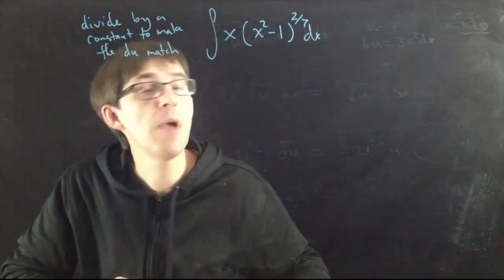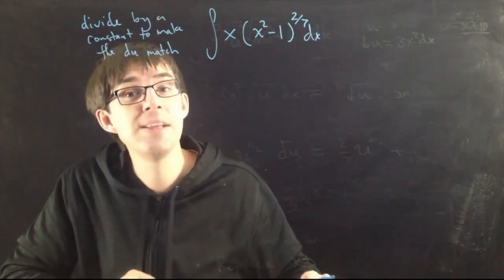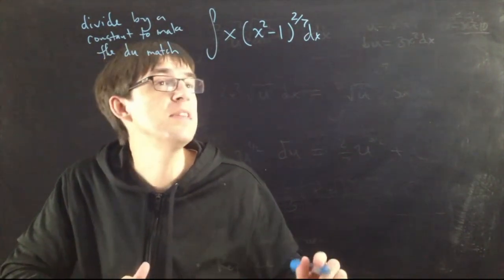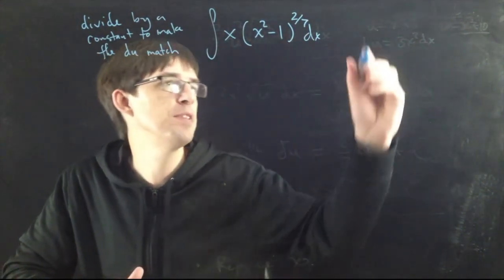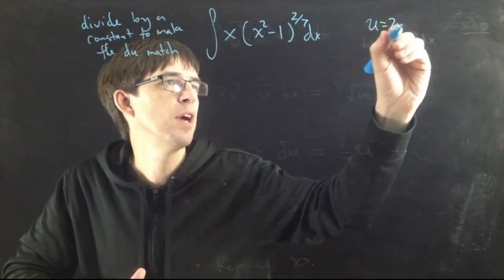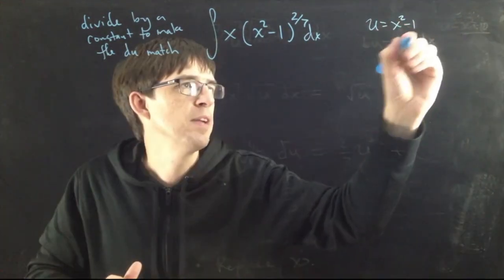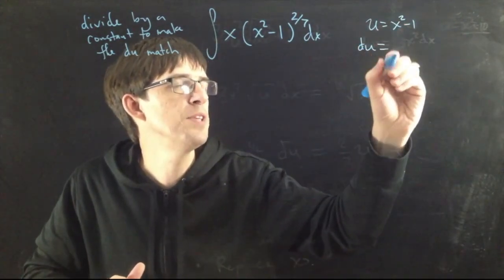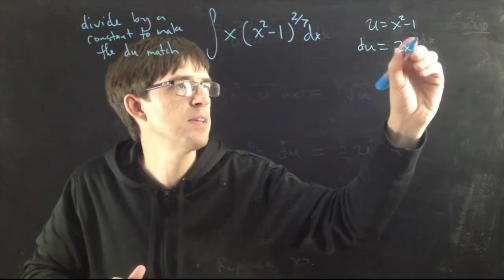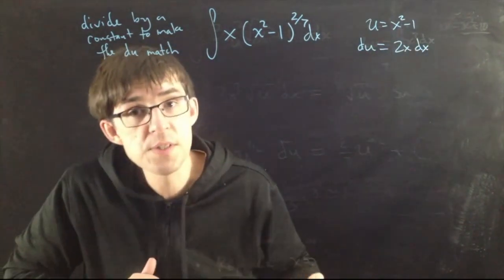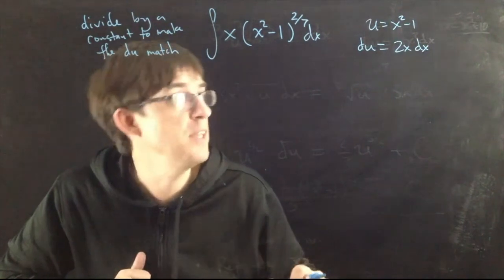I forgot my dx. Okay, we begin by choosing the u, as usual. You choose the u to be the inside of something. I'm going to choose the inside of these parentheses. So u shall be what? x squared minus 1. That means the du, taking the derivative, is 2x dx. Du always consists of the derivative followed by dx. Okay,